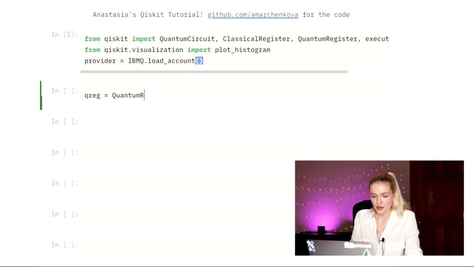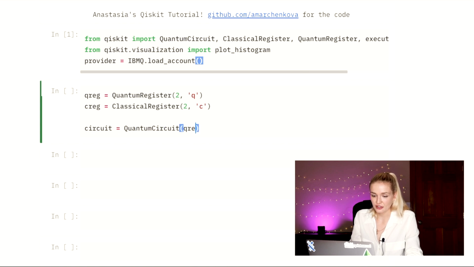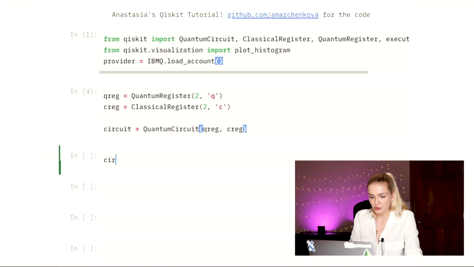First, we want to set up the quantum and the classical registers. This is done using the QuantumRegister function and the ClassicalRegister function. Then we want to use the QuantumCircuit function and pass in this quantum and classical register to create the circuit. From there, we can apply the gates to the circuit. The number is the qubit that you want the gate applied to. So first, we want to apply a Hadamard gate. So we do this by writing circuit.h, and the 0 in here is the first qubit.